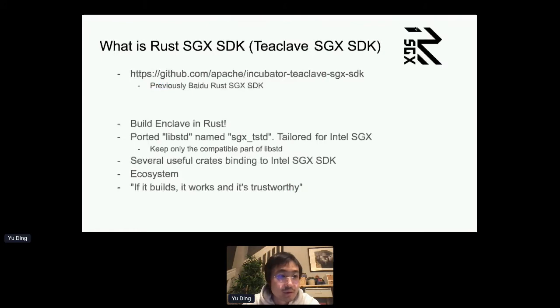For those people who are not familiar with Rust SGX SDK, I want to first brief a bit. It is now an incubator project under Apache Foundation. It was previously Baidu Rust SGX SDK, and it was open sourced in 2017. It is designed to help people build enclaves in Rust and enjoy the performance, security guarantees, and